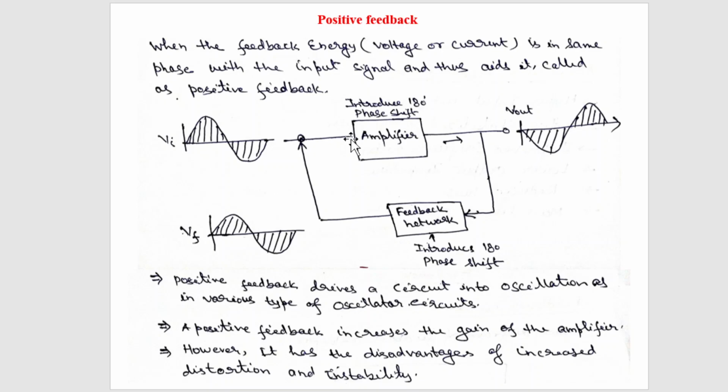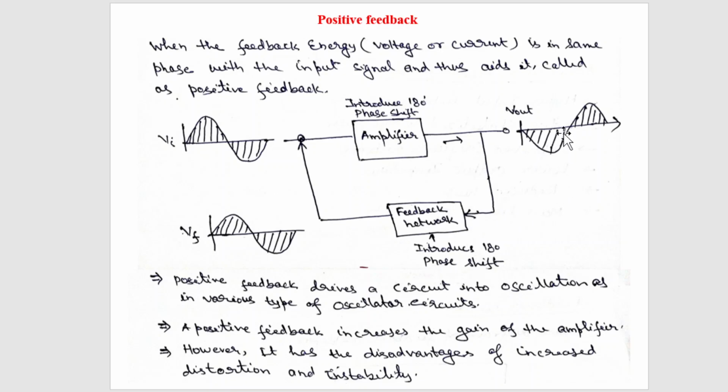If there is zero phase shift, then both input and output will be in the same phase. So let us say there is a 180 phase change from input to output. Now if you feed back a portion of the output into the input, obviously the input and output are in opposite phase. The positive feedback says that both the input signal and the feedback signal should be in the same phase. That means when we are feeding the output signal to the input, we require a feedback network, and this feedback network should introduce a 180-degree phase shift.